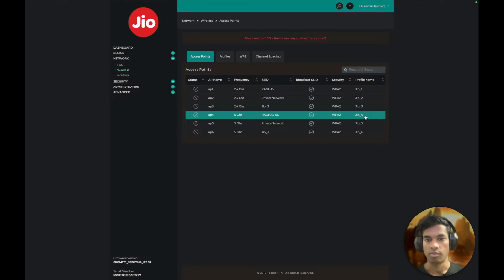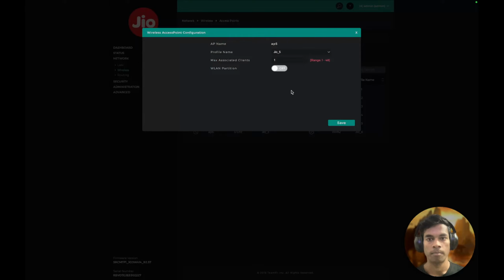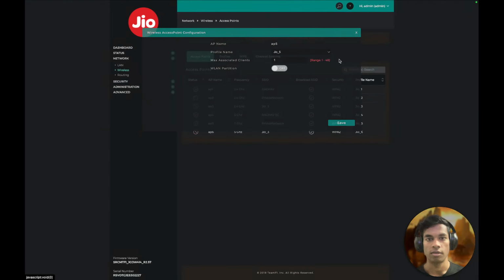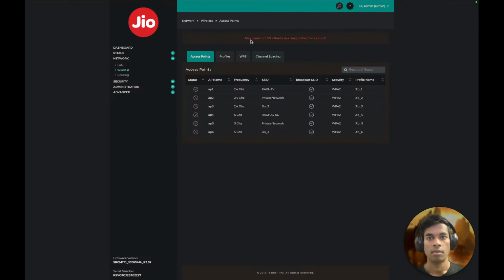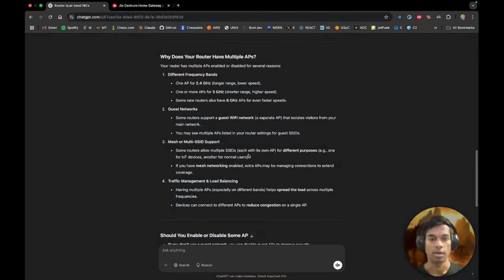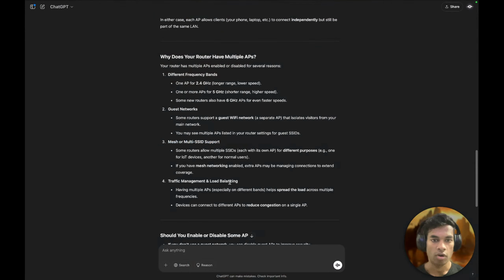Alright. There is a profile name and a WLAN partition. What is profile name? Maximum of 50 clients are connected. Okay. Guest networks, yep. Mesh or multi-SSID support. Some routers allow multiple SSIDs, each with its own access point, for different purposes. Example, one for IoT, another for normal users. If you have mesh networking enabled, extra APs may be managed and controlled to extend your coverage, traffic management,